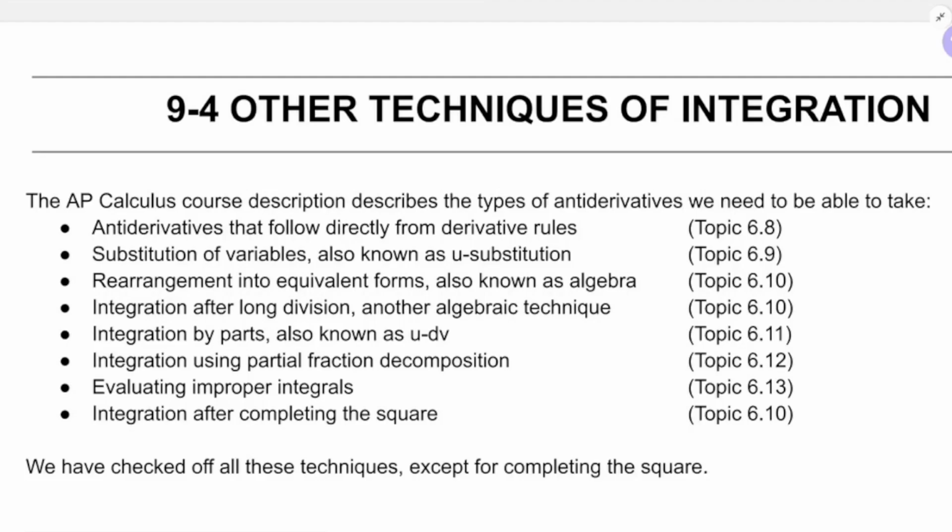Alright, welcome back. In this video we're going to wrap up our unit on integration techniques with complete the square. So if you look at this list of techniques of integration from the AP Calculus course description, you'll see